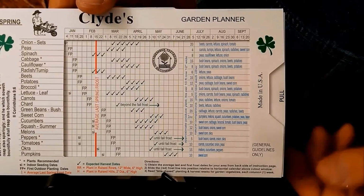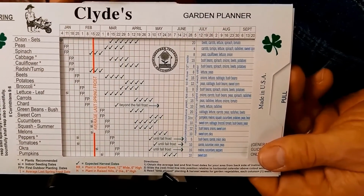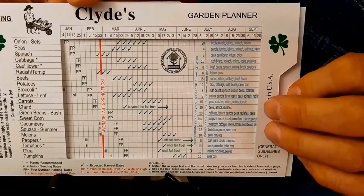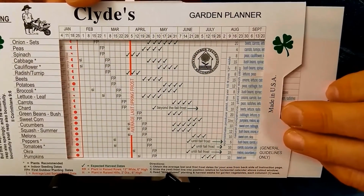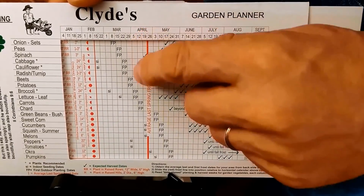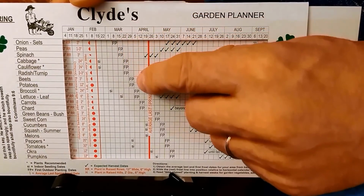Alright, this is the spring side of the chart, and you'll notice that there is a red average frost line, and that frost line slides, and what you do is you slide it on the horizontal calendar to your local frost date. And once it's in place, each column here is a week, and FP represents the first outdoor planting week for